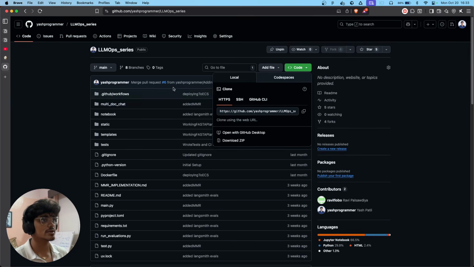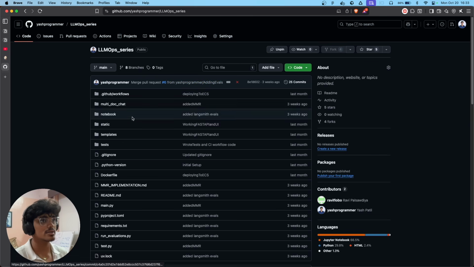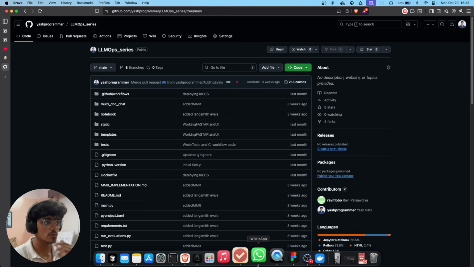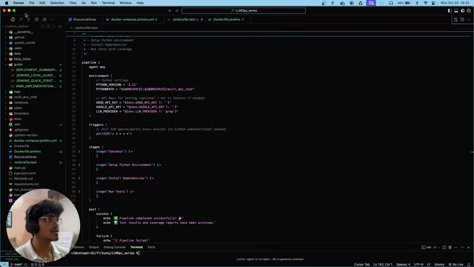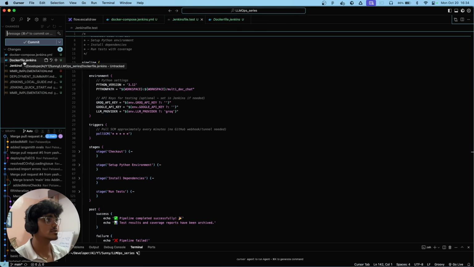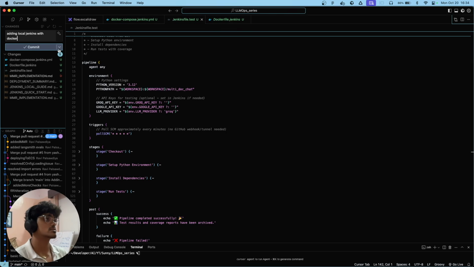In our GitHub repository, you can see our current commit inside the main branch is from 3 weeks ago. We have no new commits here. So let's go here and make a new commit. These are the changes we have done, and this is the previous guide's changes. I am going to add a new commit, which is adding local Jenkins with Docker. Okay, so let's commit and sync,